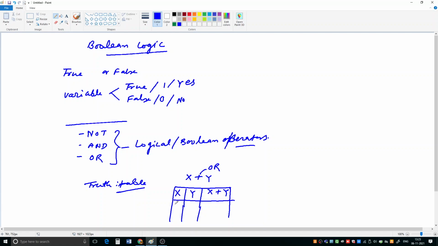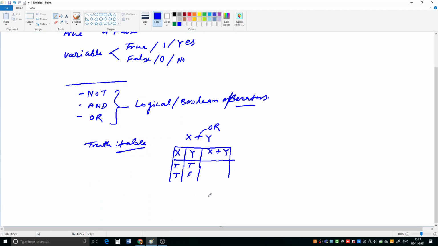Suppose x is true and y is also true. Another possible combination is x is true and y is false. The next is x is false and y is true. And then the next one is when both of them are false.